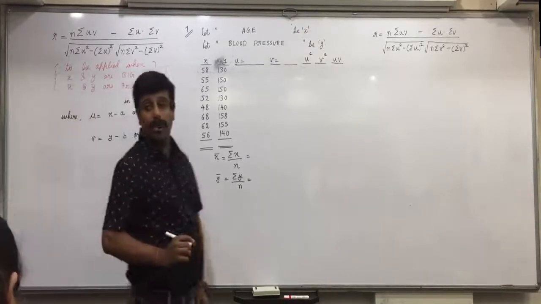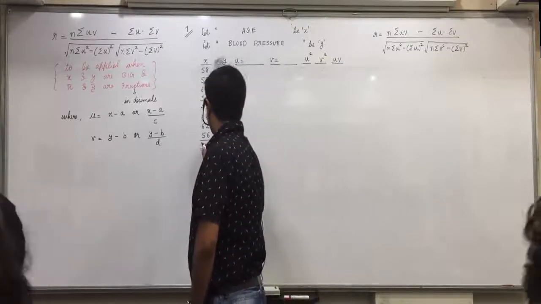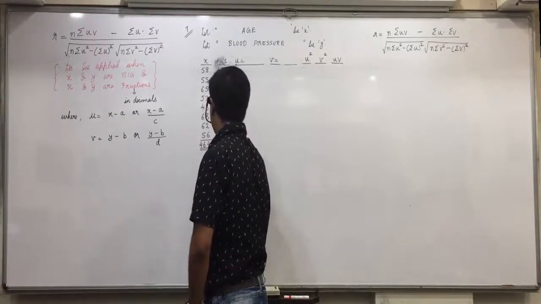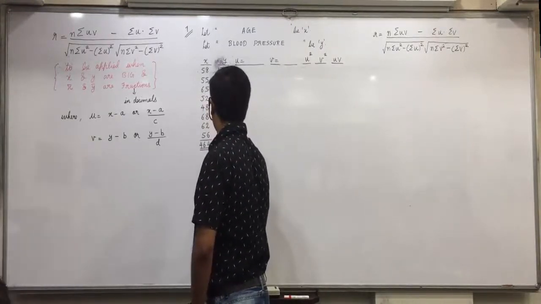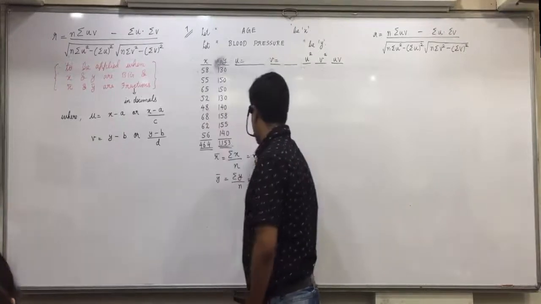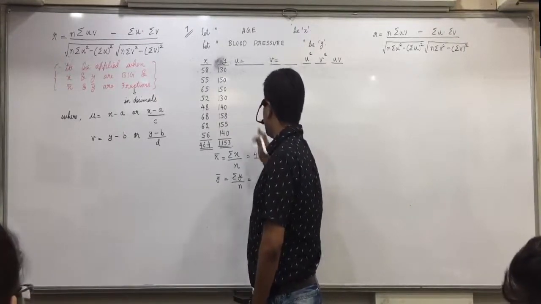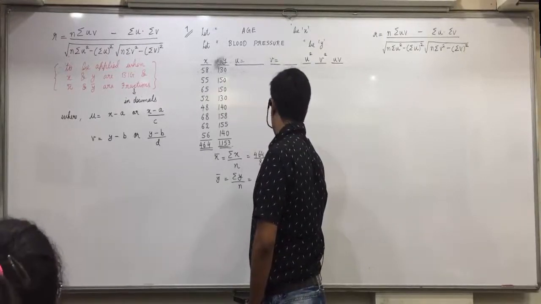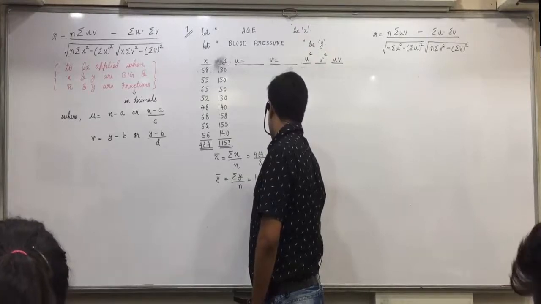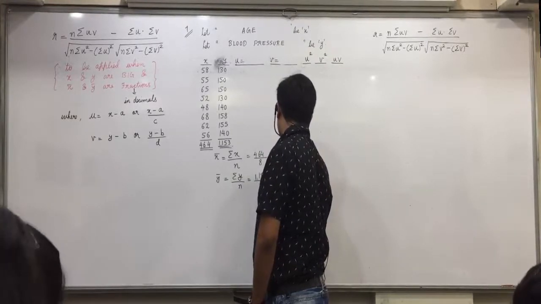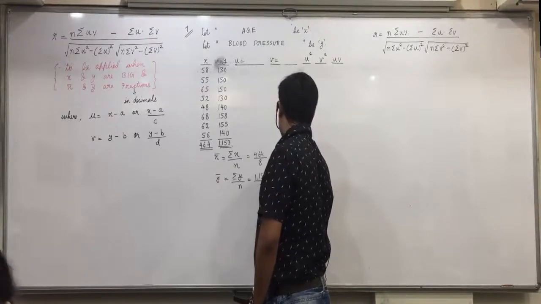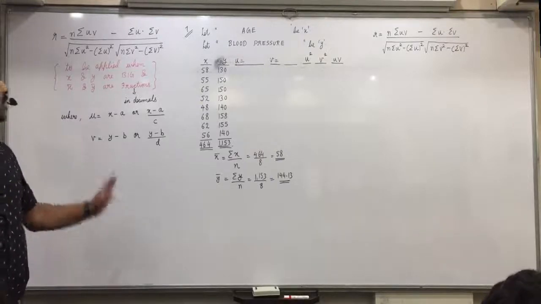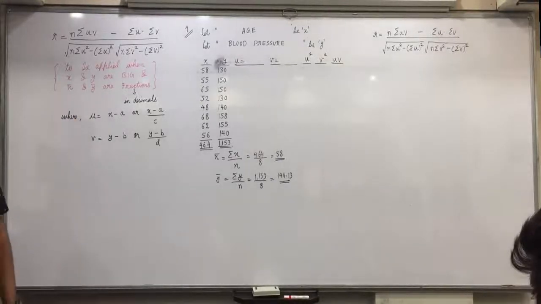Okay, be attentive. What is the total of U coming to? X total is 464 and Y's total is 1153. 464 divided by 8 is 58, and 1153 divided by 8 is 144.13. Now as I said, even if one of them comes in decimals, you have to use the formula of UV only. Is everyone clear with this?